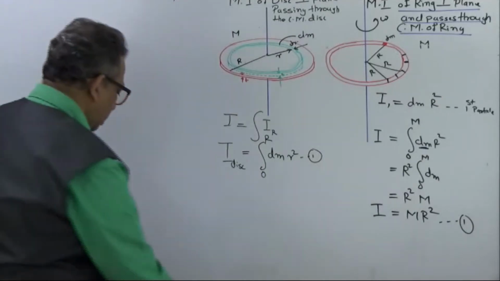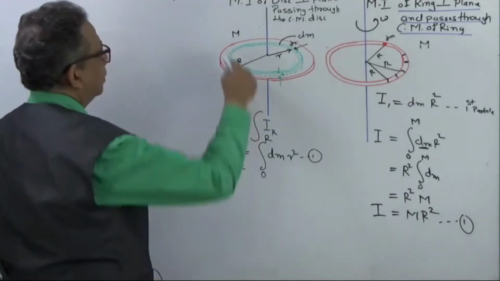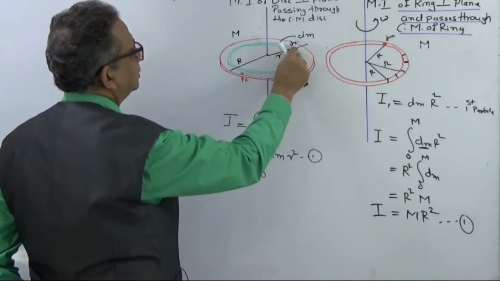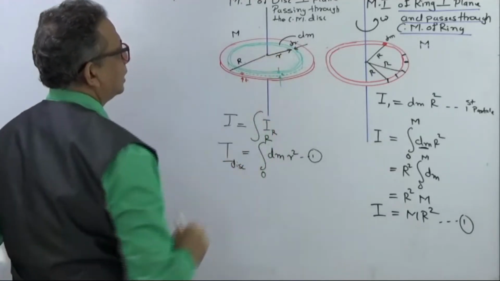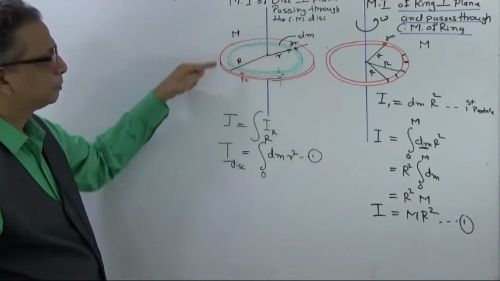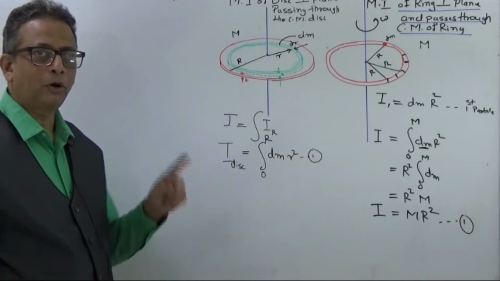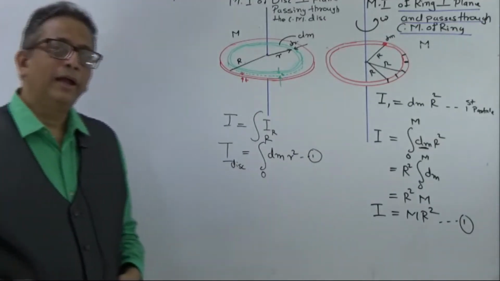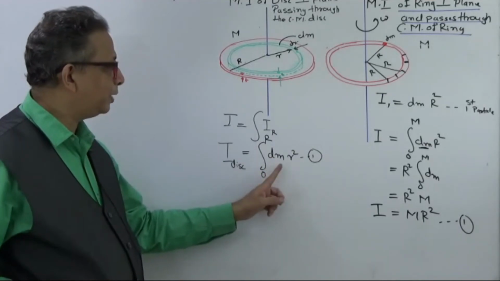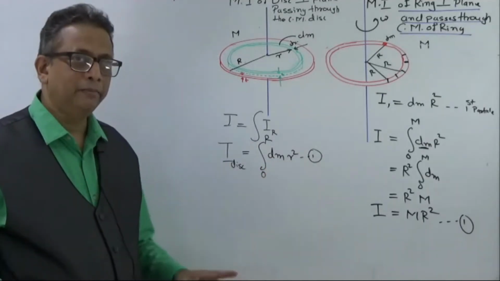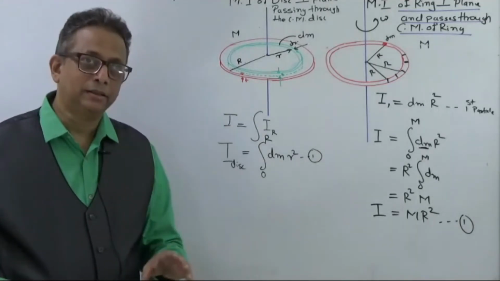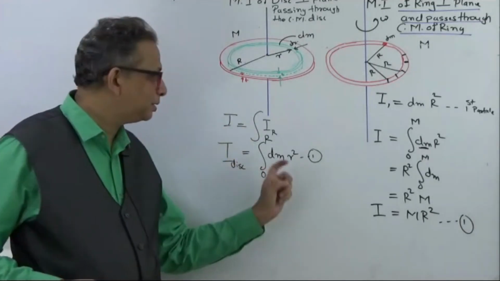Now if this is the thickness t, the width of that ring is dr, and it is at a radius r, can I find the volume of this ring? Why do I have to find the volume of the ring? Ultimately I want to find a relation of dm with r, because dm for an internal ring whose radius is less will be lesser, and there is some relation between this dm and r.